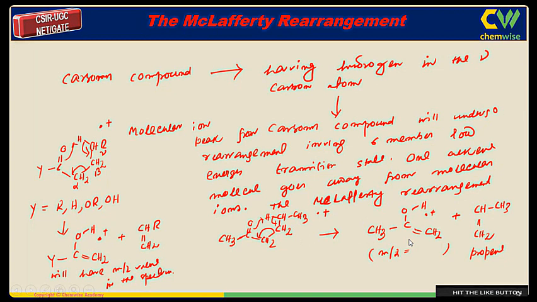The rearrangements you have read till today happen on a neutral molecule upon treatment with some additive, some protons or some bases. But here the rearrangement happens on the molecular ion peak. And here the mechanism is not prominent, because this molecular ion is highly short-lived and is rushed toward the detector in about 20 microseconds. So how can you prove your mechanism? That's why we are doing it this way.